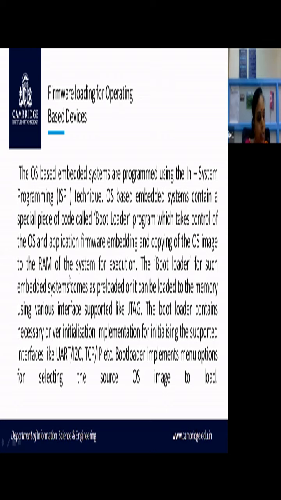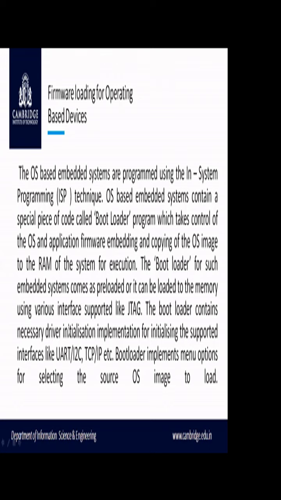The bootloader for such embedded systems comes preloaded, or it can be loaded to the memory using various supported interfaces like JTAG. So sometimes it comes preloaded at the memory, or else you may use the JTAG technique to load that particular bootloader.